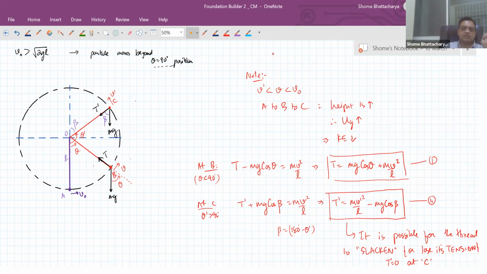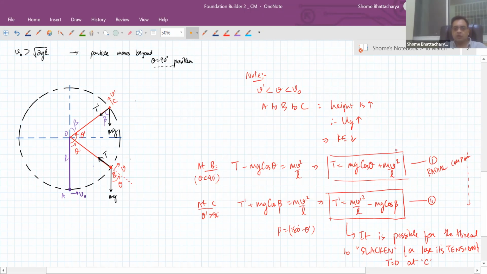Okay. So just make a quick note and analyze these two equations carefully. Make sure you understand the components and everything. Here I have not talked about tangential acceleration. I have only talked about the radial direction. So this is only about the radial component. I have not talked about the tangential component. We'll come to that also, but right now we are more interested in the tension.